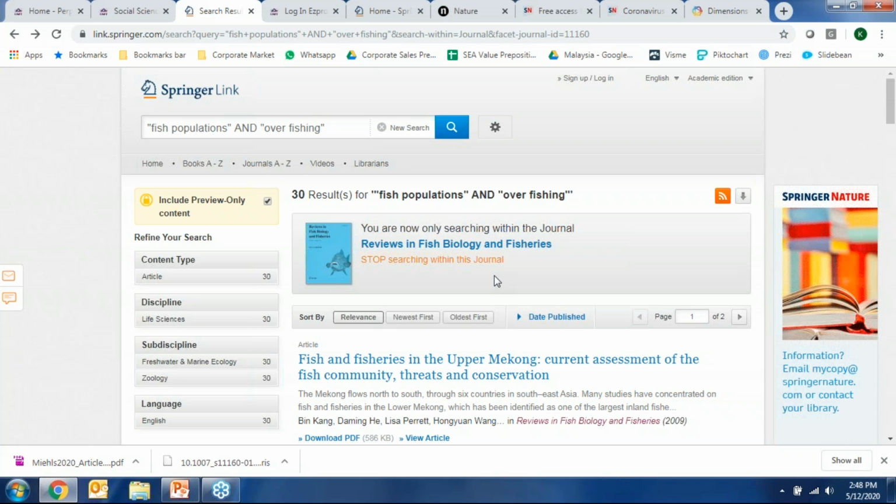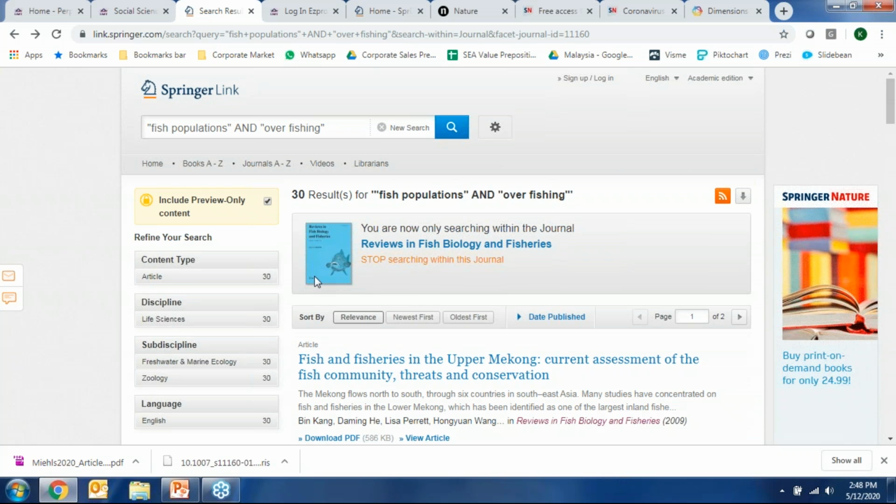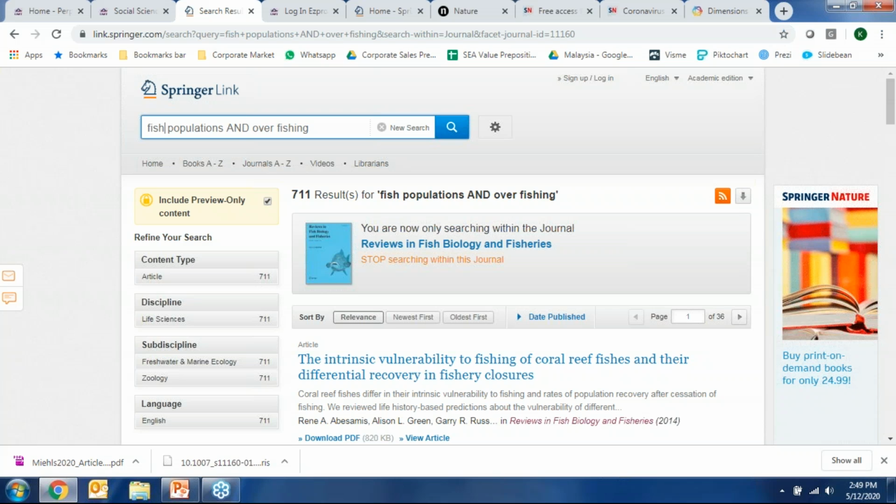So you're very sure that the terms fish populations and overfishing are found in each one. If I remove the inverted commas, you can see the results get even larger, 711, because I'm actually searching for fish and populations and over and fishing.